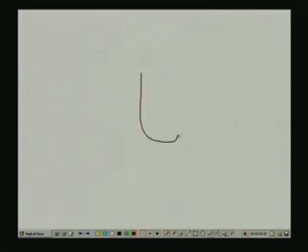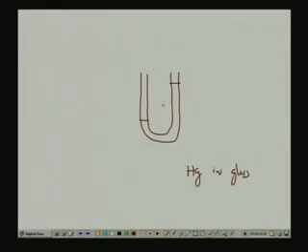There is a U tube like this one, and the liquid is coming in. It is a mercury in glass, Hg in glass. Now, what they did, they put a resistance like this one, and these are shorted. Now, what will happen? When this liquid column grows in height, one by one these resistances will come in parallel, otherwise not. So, there will be a change of resistance whenever there is a change of pressure.